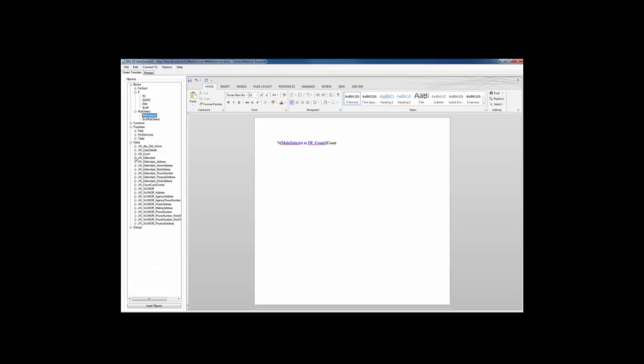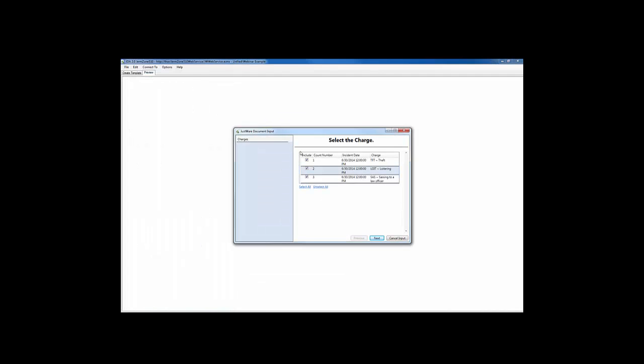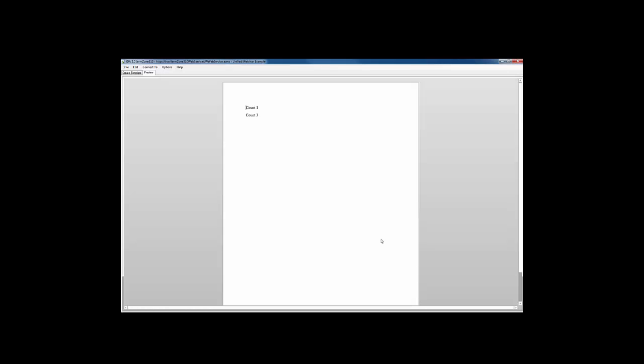So, say you have a multi-select against all your counts on your case, and you want the count numbers to come in. So we go preview, it shows us our 3 counts, but for whatever reason, let's drop count 2 off of this. Next, finish. Now my document's going to read count 1, count 3. And for some people that might be okay. For others, they might want it to read count 1, count 2, regardless of whether they actually selected count 2